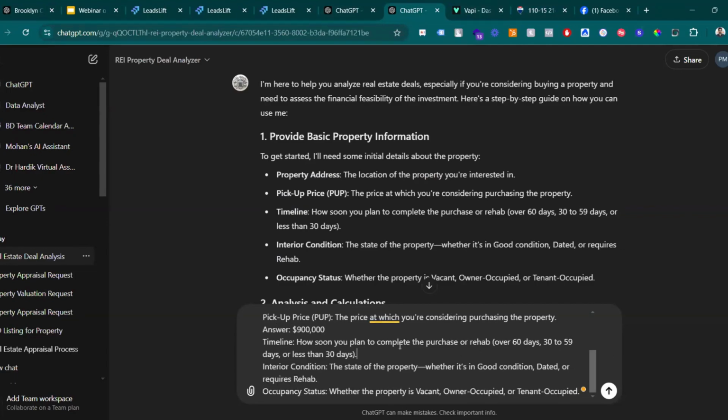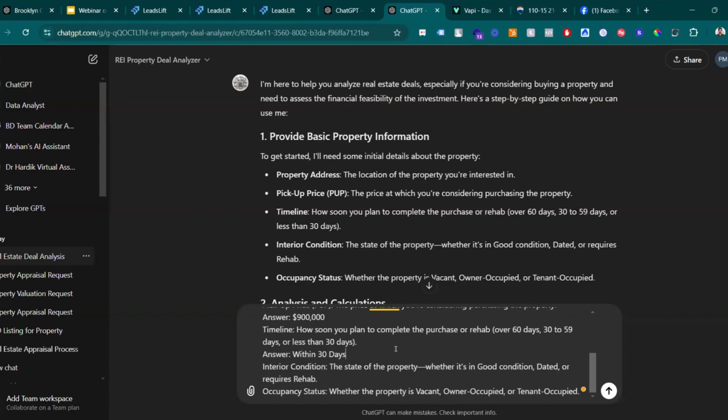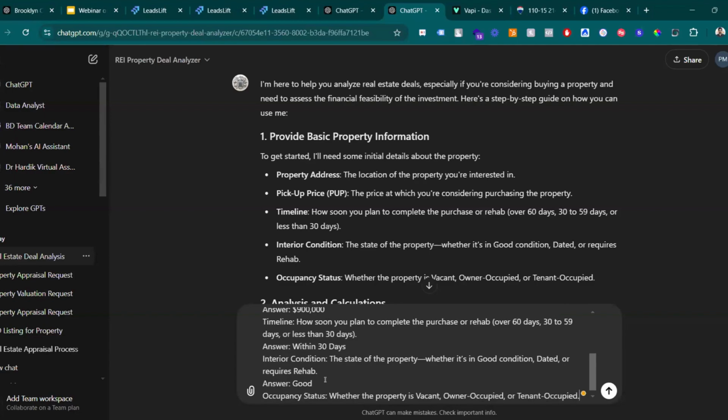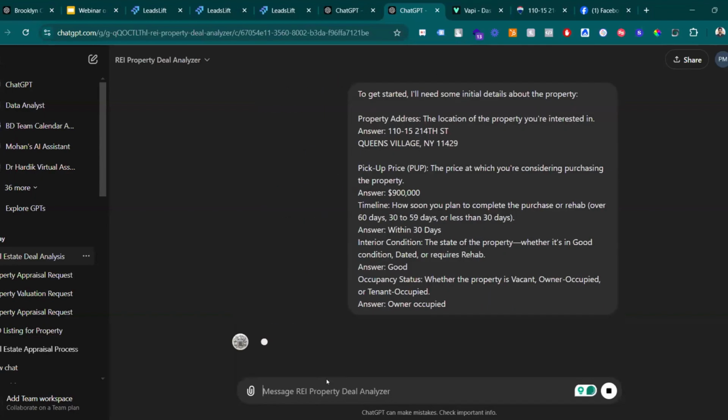For the timeline, I can give it within 30 days. For the interior condition, let's say it's in good condition. For occupancy status, let's say it's tenant occupied. Or if I want to purchase it within 30 days, let's say it's owner occupied. Owner occupied. Okay, now we can just click enter.